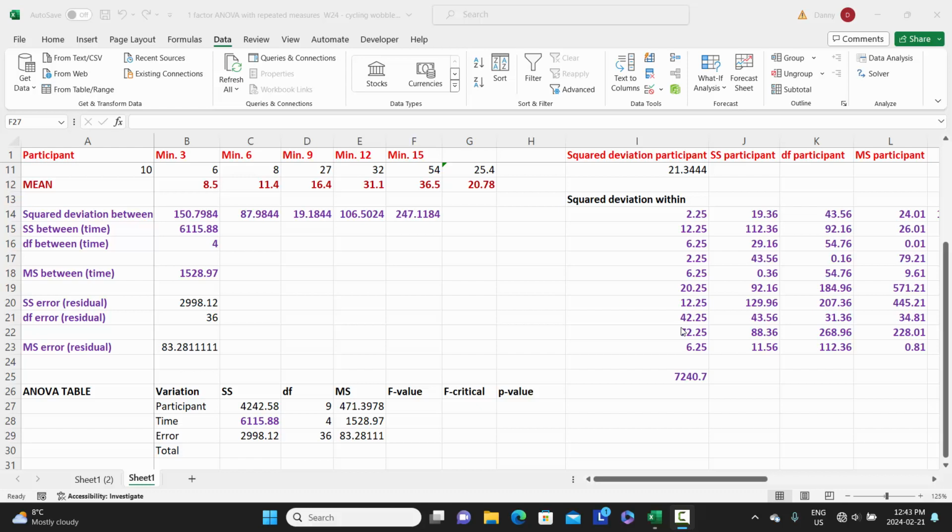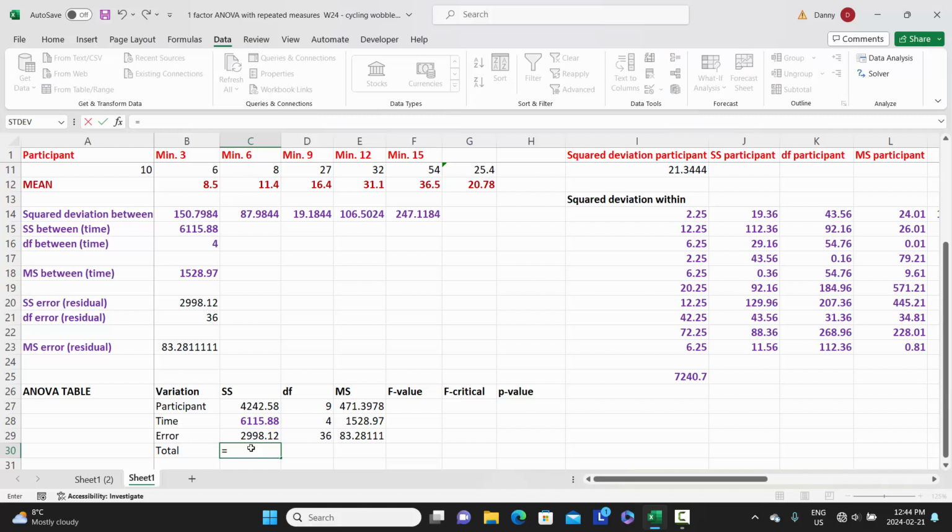In this video, we're going to complete our ANOVA table, and we need to calculate two more terms down here, which is the total variation. And I'm just going to add that right here in this cell. And so the total variance is the overall variance, and this can simply be calculated